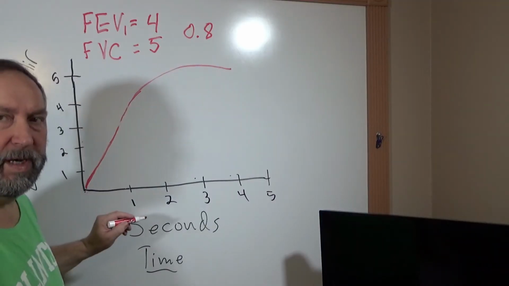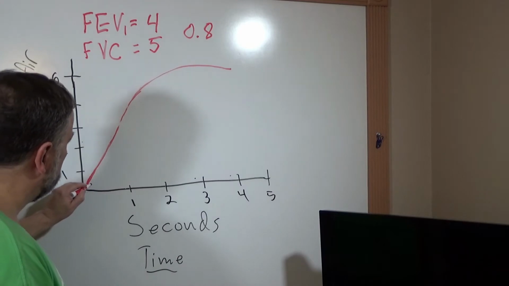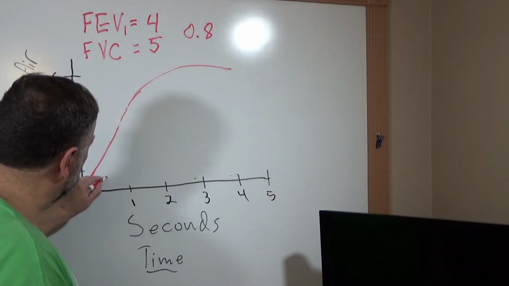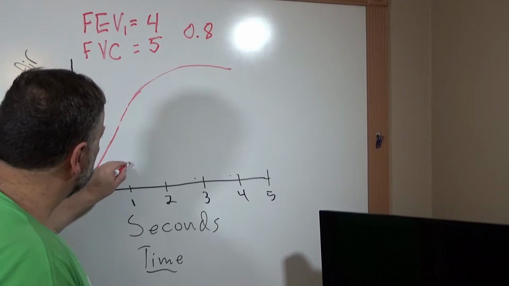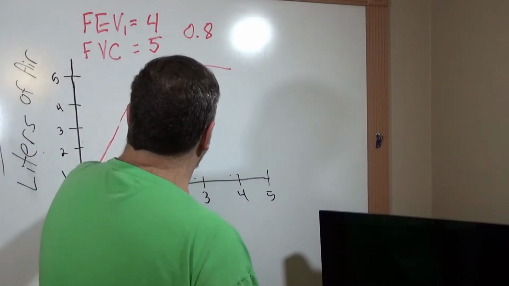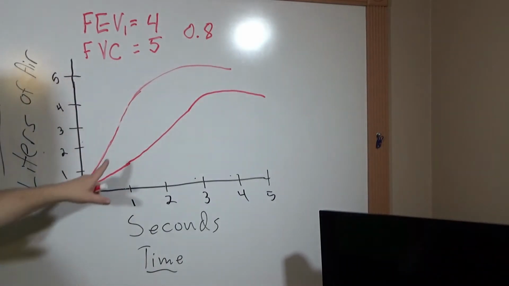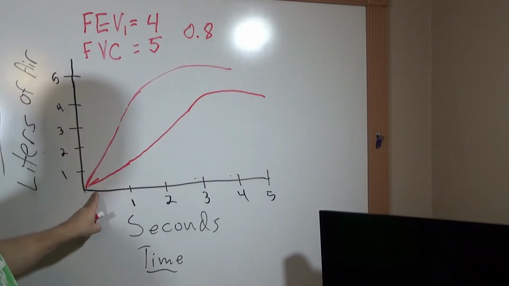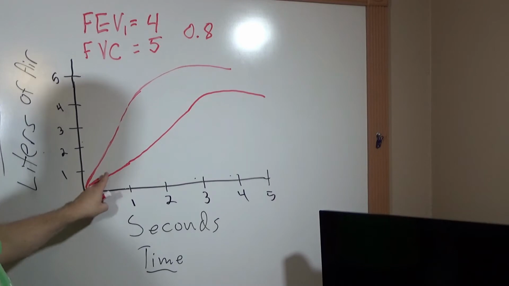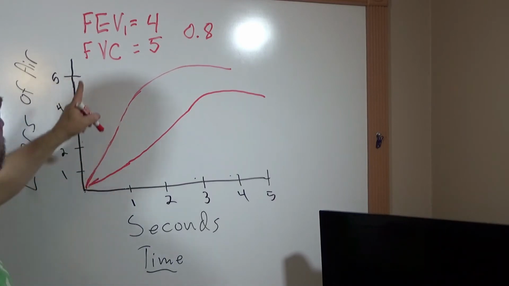A person with COPD blows in there. Ooh, he pushes really, really hard. He's going out like this, right? And it comes like this. But you can't get it quite as much out. But if you look in the first second, he only had 1 out, right? So his,